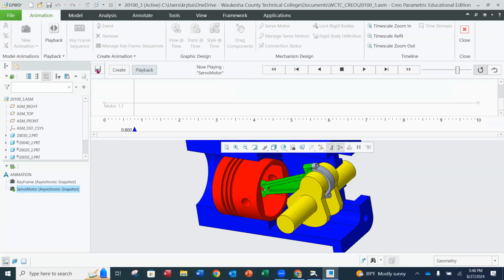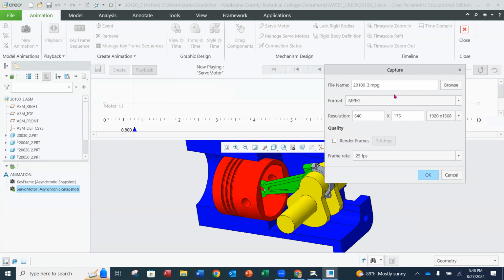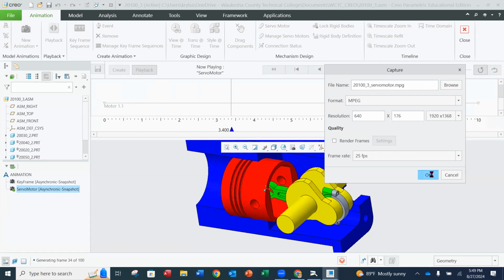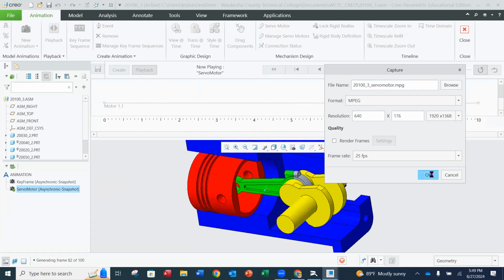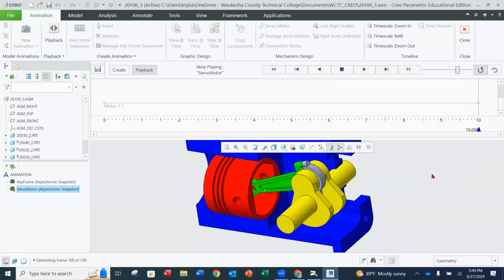And then this is where we can do a capture. You can save this one. If you want to rename it, do an underscore servo motor. And then you can just hit OK because it's going to save it to the working directory. Once you have those two in place, you're going to go, or I should say first, does anybody